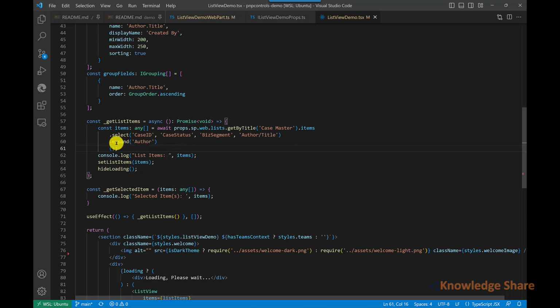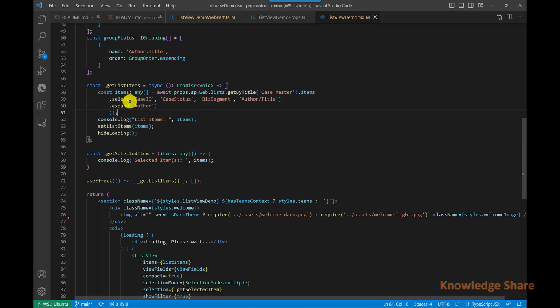So here I'm expanding the author, and then I'm getting the list items. So there is no paging kind of a thing provided, which I will show you in the next demo. So once the items are retrieved, I'm just storing them in the list item state,